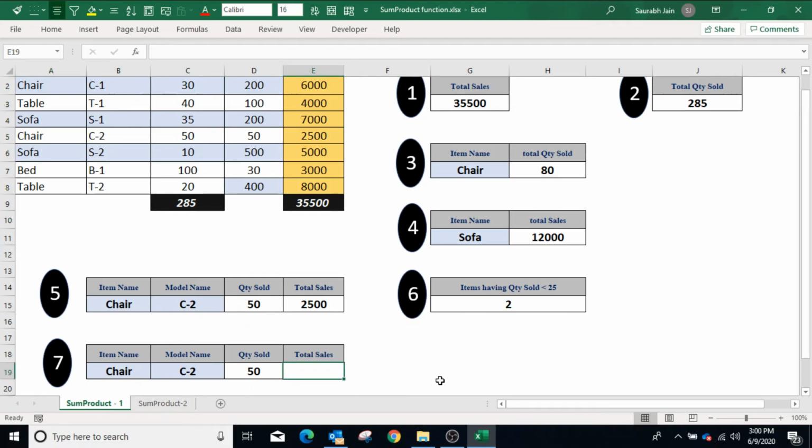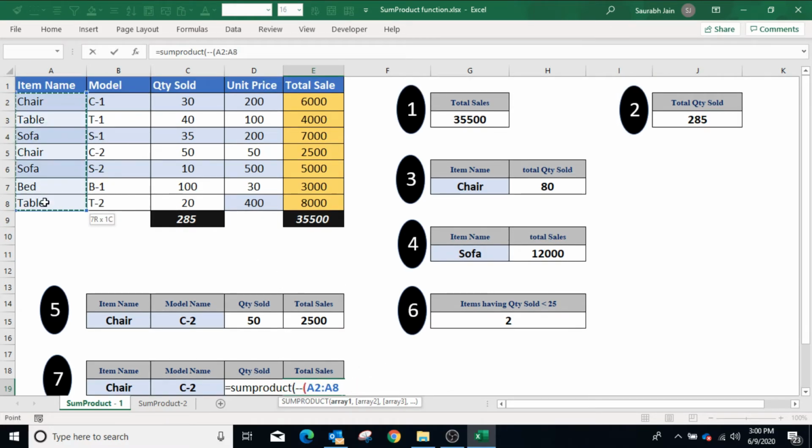Similarly, to find the total sales using double negative sign, type equals to SUMPRODUCT open bracket, double negative sign open bracket, select A2 to A8 equal to item name in B19, closing bracket, in second array again double negative sign open bracket, select B2 to B8 which should be equal to C19, closing bracket, comma, the third array would be C2 to C8 for quantity sold, comma, select D2 to D8 for unit price.